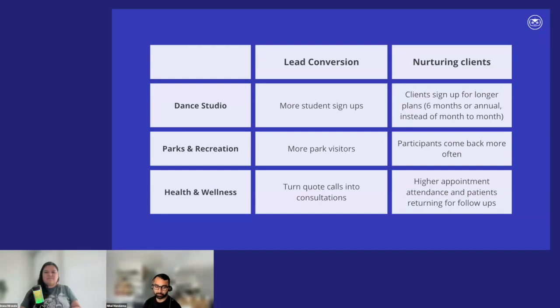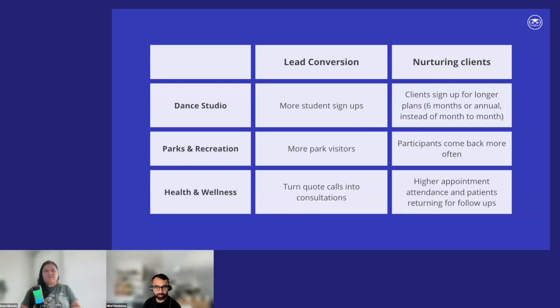And then, for example, when you mention health and wellness, it could be things like turning quotations or getting quotes into a first consultation. And then the nurture, I think here, of course, there's the conversion nurture and the revenue element of getting people to come back. But I think there's also stuff you can do that's interesting around post-appointment care, or information on how you can make the best use of what you were given during your appointment.